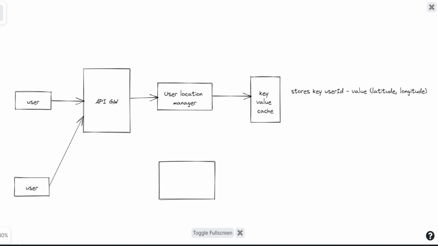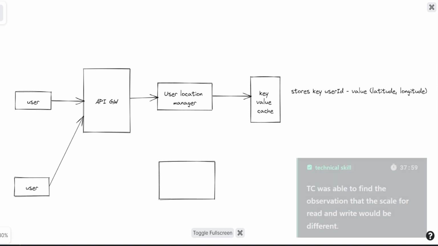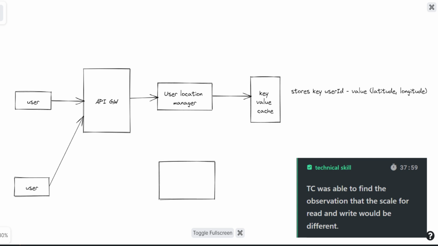The reason why I don't like this is because if we separate these services, we should be able to scale writes and reads separately. We're obviously going to be doing a lot more writes, and there's probably a lot of need for us to scale reads alongside that. So I'm going to call this nearby friend service,